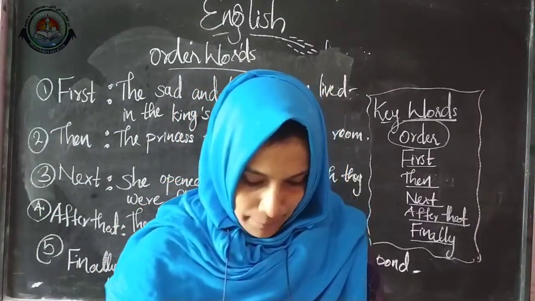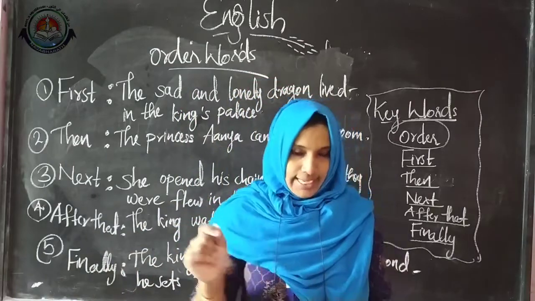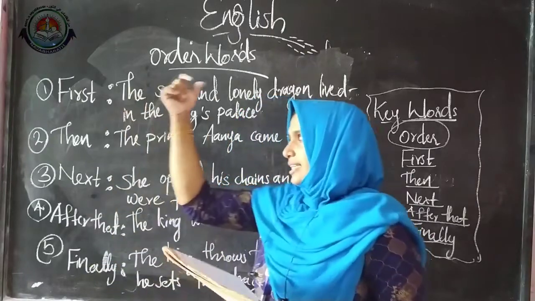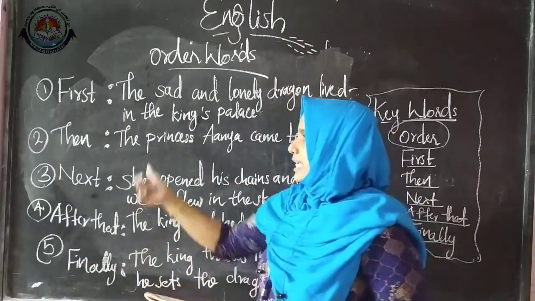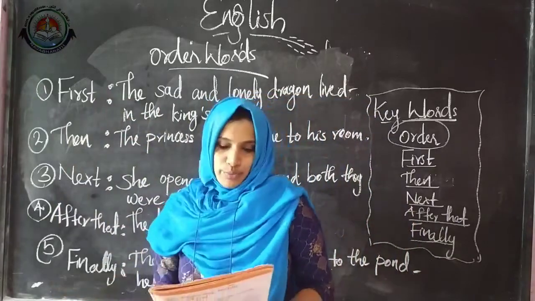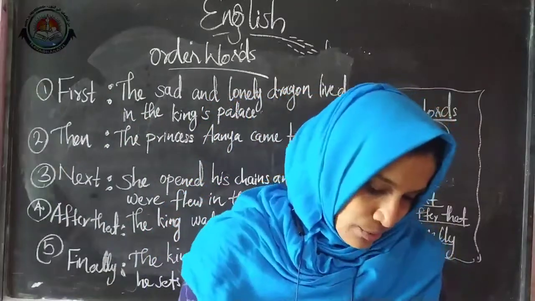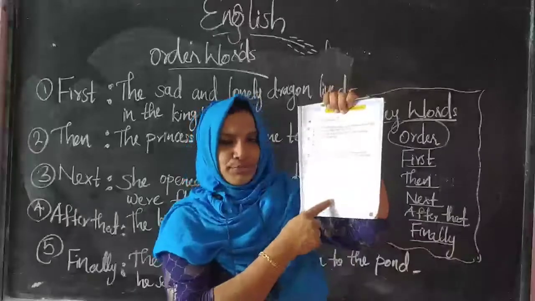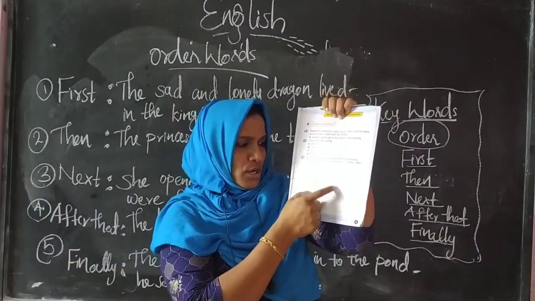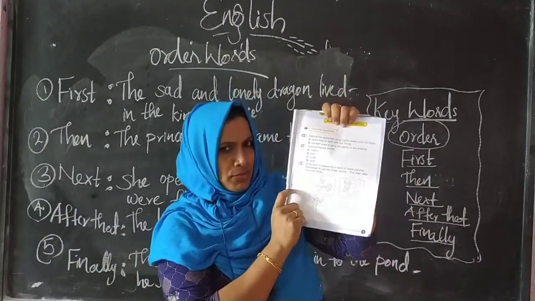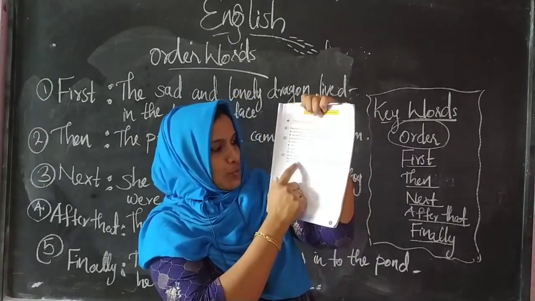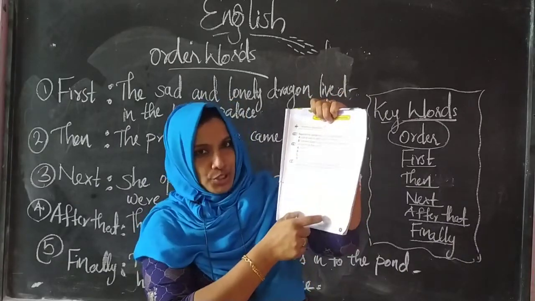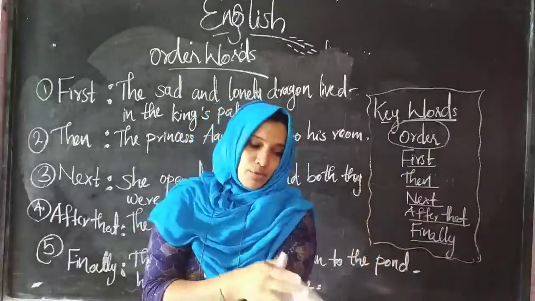Okay, so now let's come back to your workbook, page number 18, S3, retelling a story in order. So here what you have to do is explain the story in the same way by using these order words. Then in your practice questions from page number 9, question number 3, there you can see some pictures. There is a little boy who is playing with the snow and making something. So what you have to do here is use these order words in a correct manner and write it above this picture.